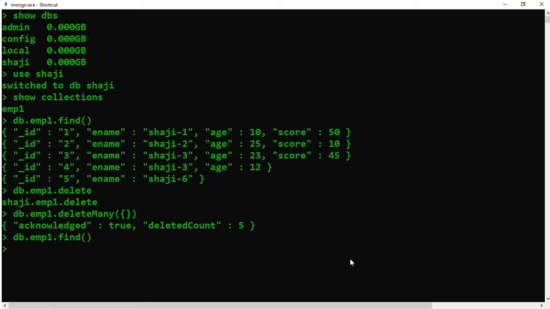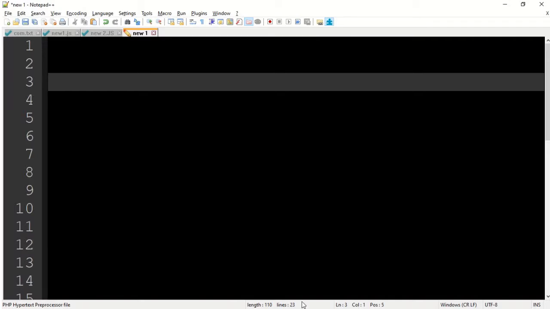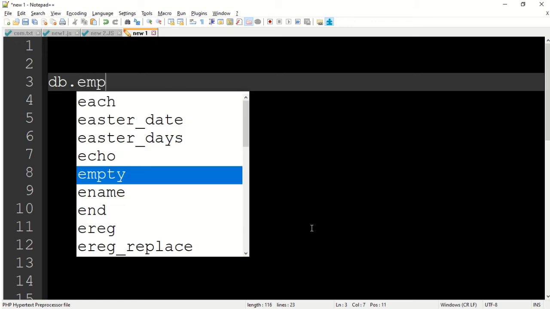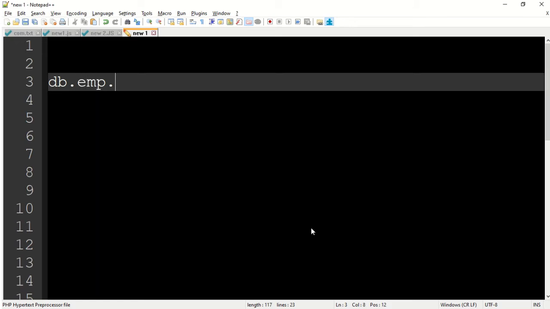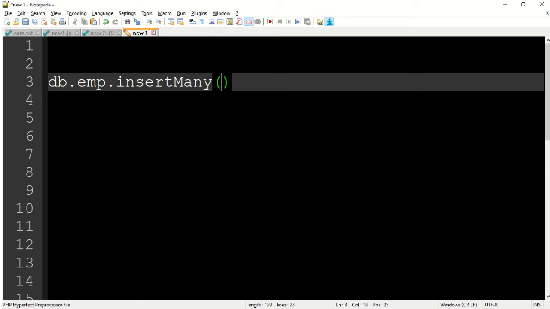So let's go to our notepad and let's check. Minimize notepad. Okay, so we say db.emp.insertMany, with M capital, camel case. Curly bracket open, curly bracket close.